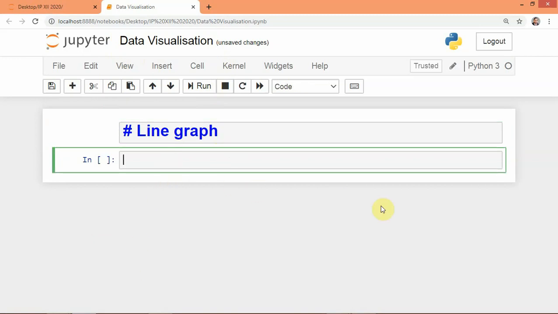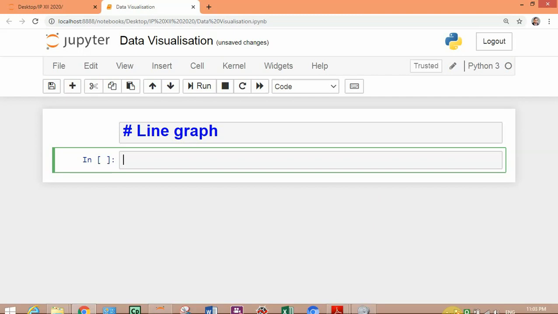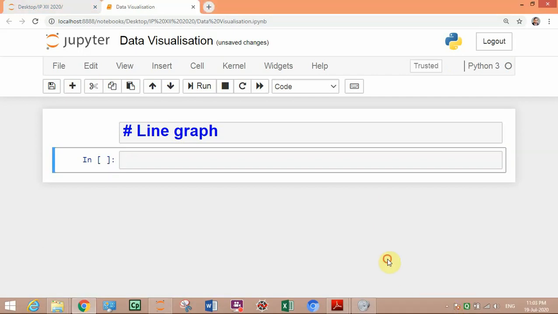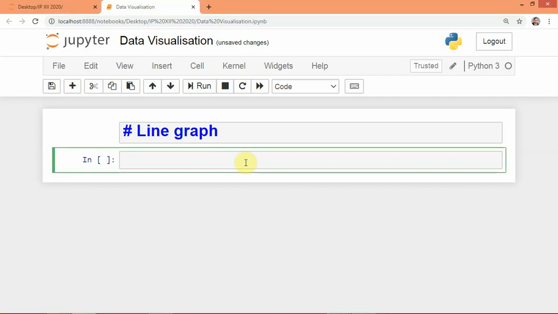For that, what to do? Simply we will import matplotlib dot pyplot as plt.